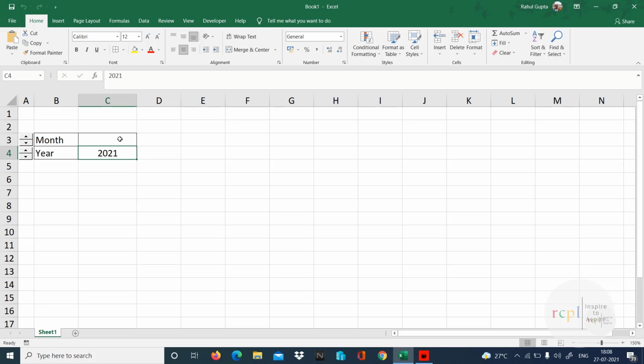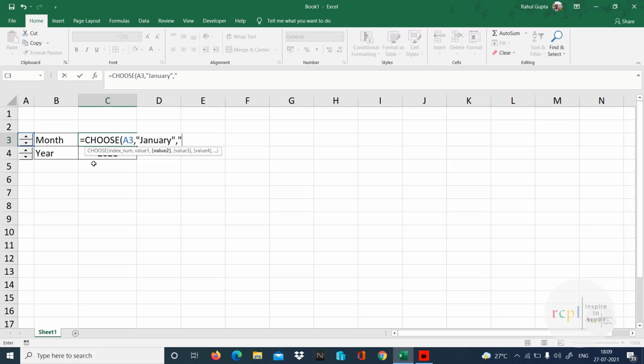So I have to use a particular formula to get that. If you remember, last time we used the CHOOSE function. I'm going to use the same: CHOOSE A3. If it is 1, type January. If it is 2, type February. If it is 3, March. If it is 4, April. If it is 5, May.